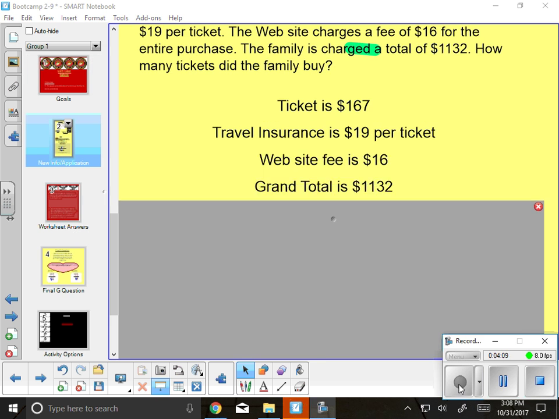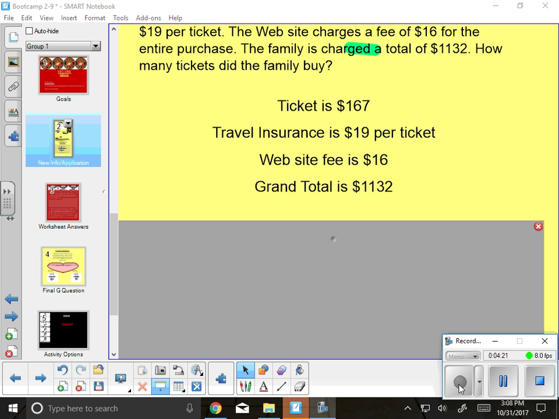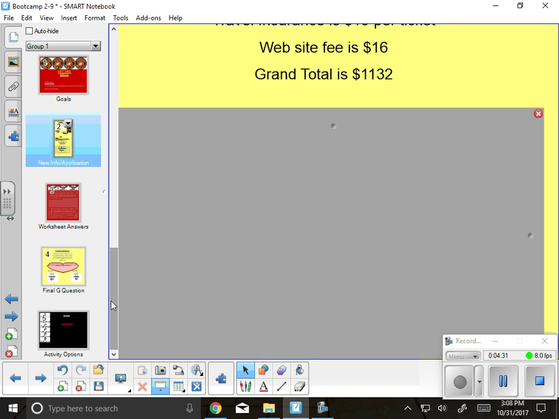Much better. Next, we have a website fee of $16. Now this one doesn't say per ticket, so we can assume that this is just an overall added fee that they added to the total bill. And then our total is $1,132. So looking back on all of the different levels that we've done, to set this up,